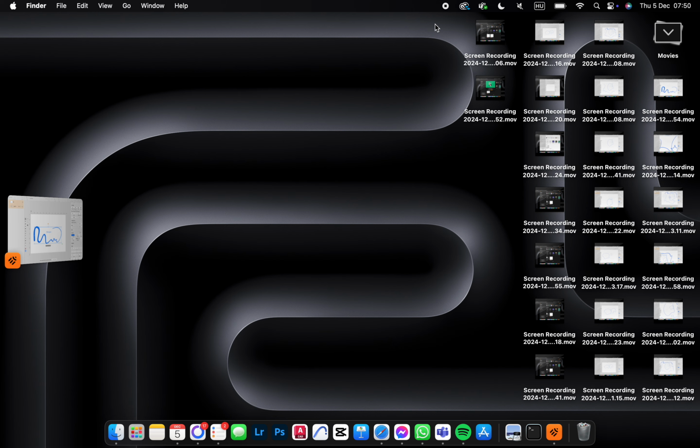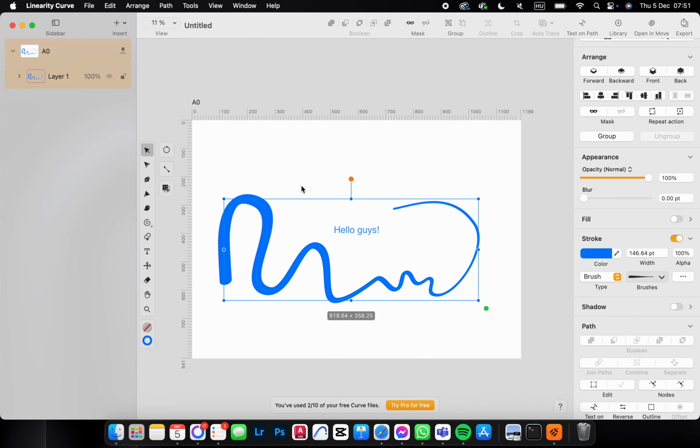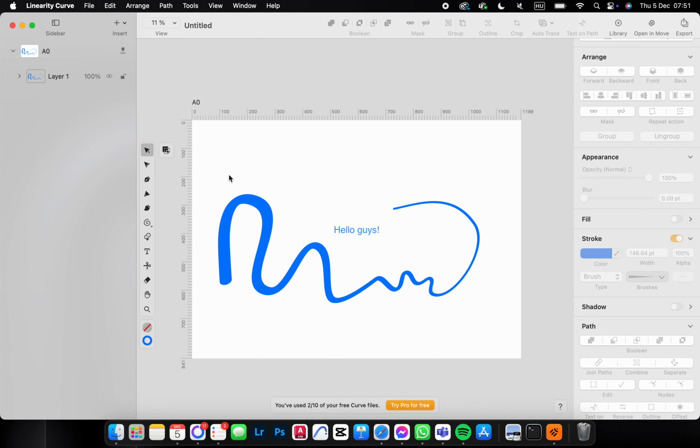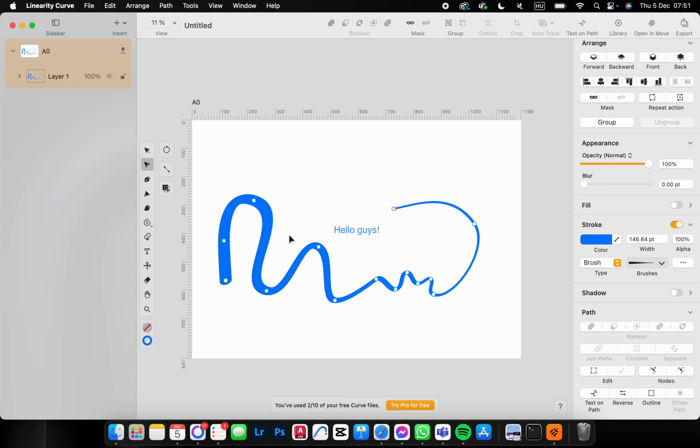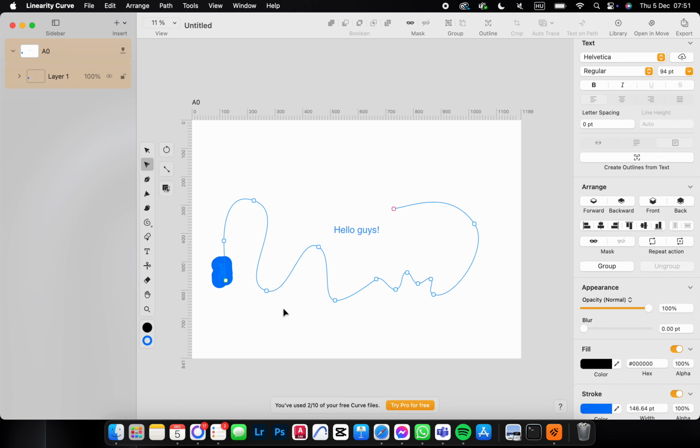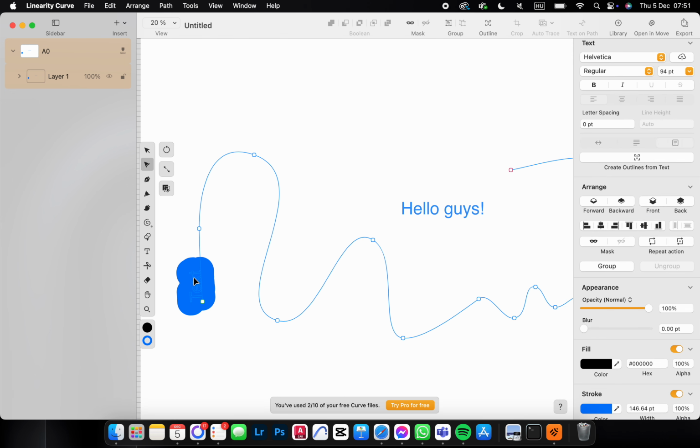Show you how to add text to path in the Linearity Curve app. First you have to open up the app, and here we have a document. From here we just select the path, and here in the top right corner we have text to path. Click on this, and then here we can